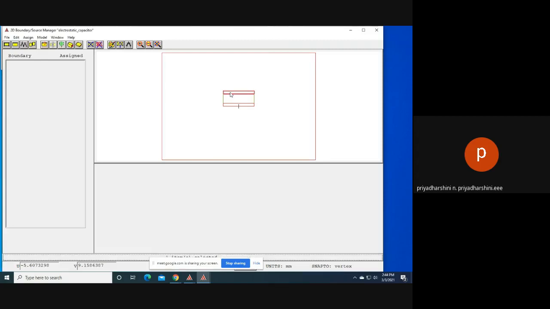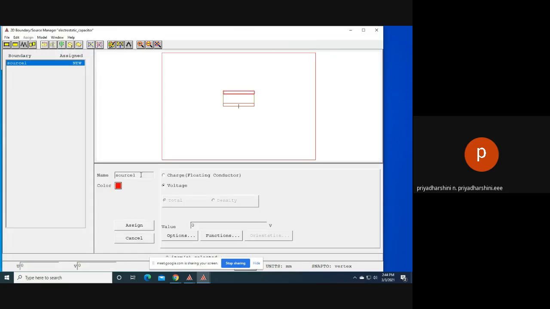Now you right click it; again it will stay in the selected position. Now assign a source, solid source. So now I'm going to give the source name as voltage for the upper plate, or conductor 1, anyone I can give.